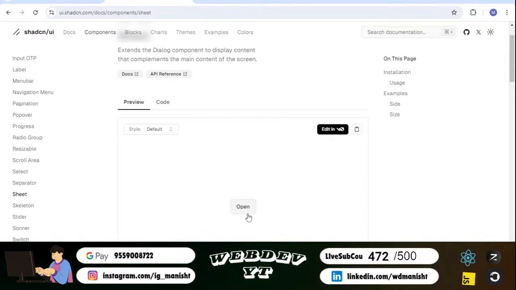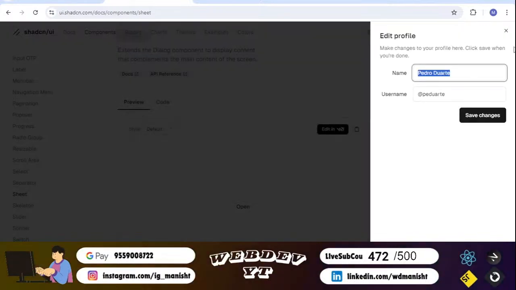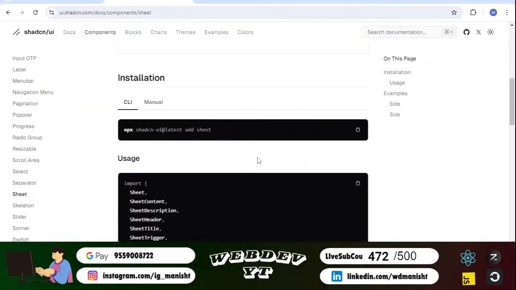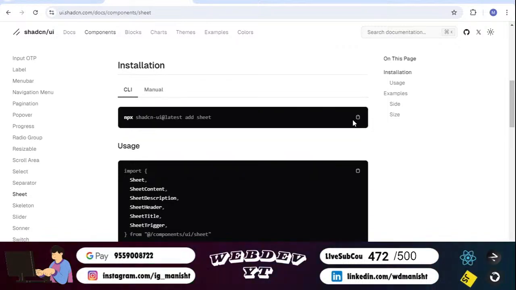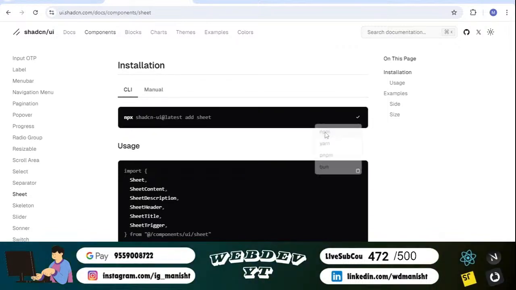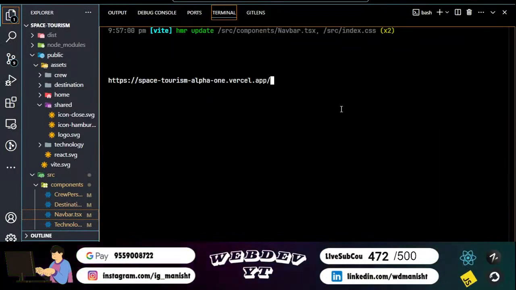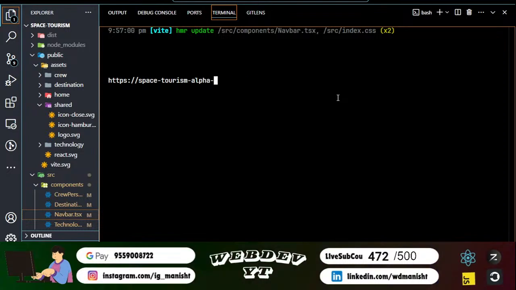If I click on it, you can see it will look like this. It will open a sheet like this, which I want to create. So I will use this sheet. Okay. So what I will do currently, I will copy this npm command. I will go to my React application. Let's remove it. Okay. Now let's